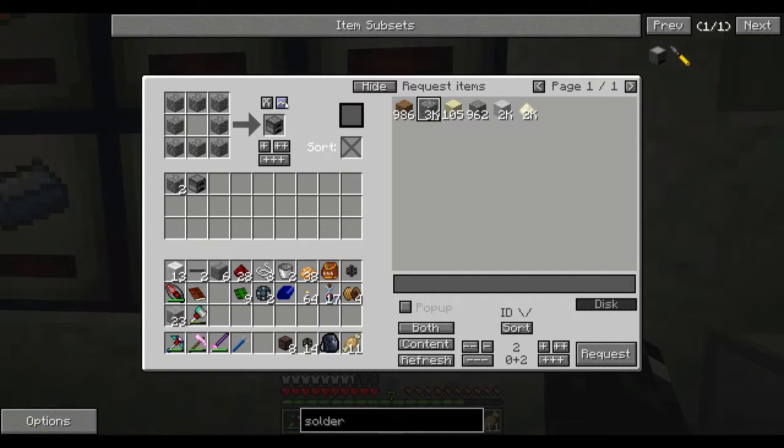I believe this does the same. So it requests just what is required to fill the order. So this one here requested 8. This one requested just what was missing. That's pretty cool. That allows you to use anything in the logistics system